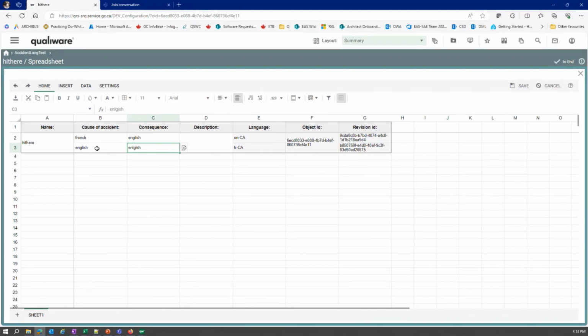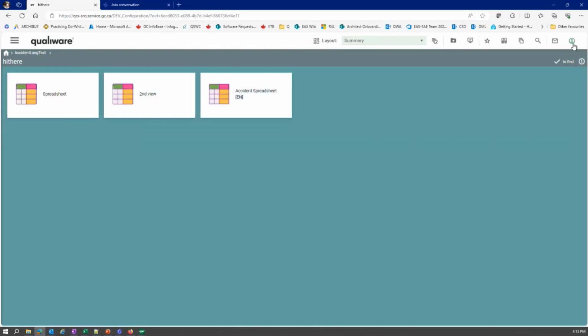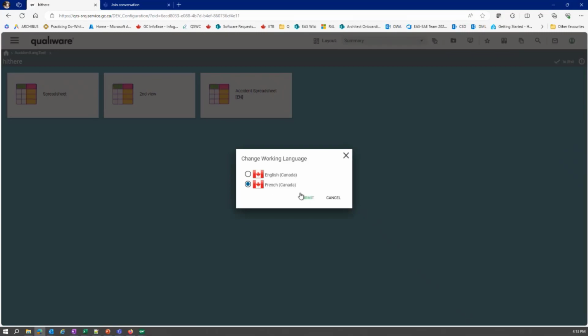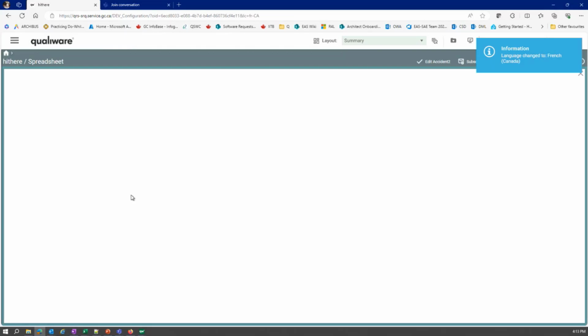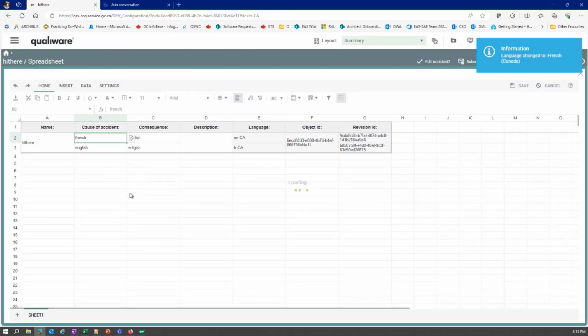Because there was no French, it took what was already in English and made that the French. If I now flipped this to French and edit this, I now can edit the French variant,